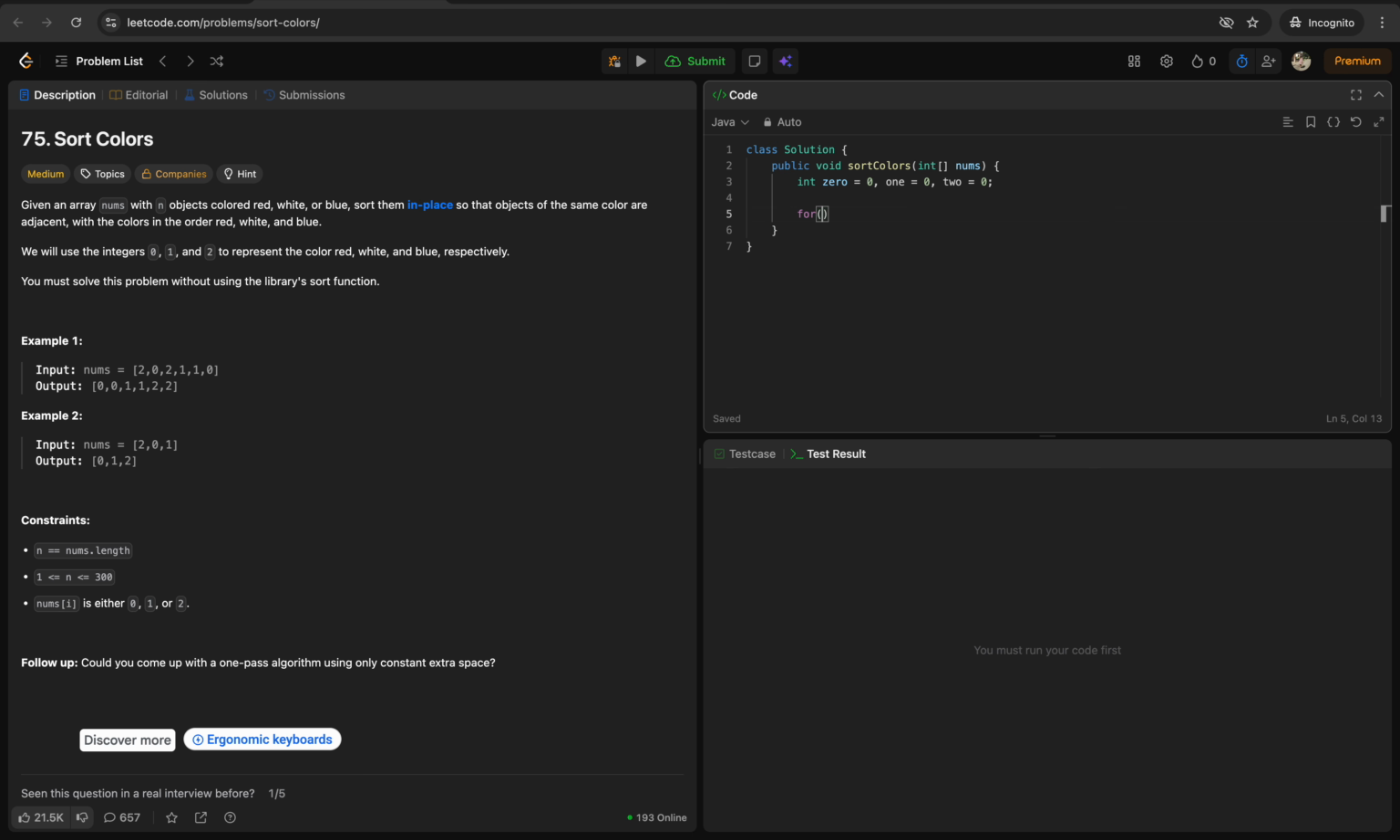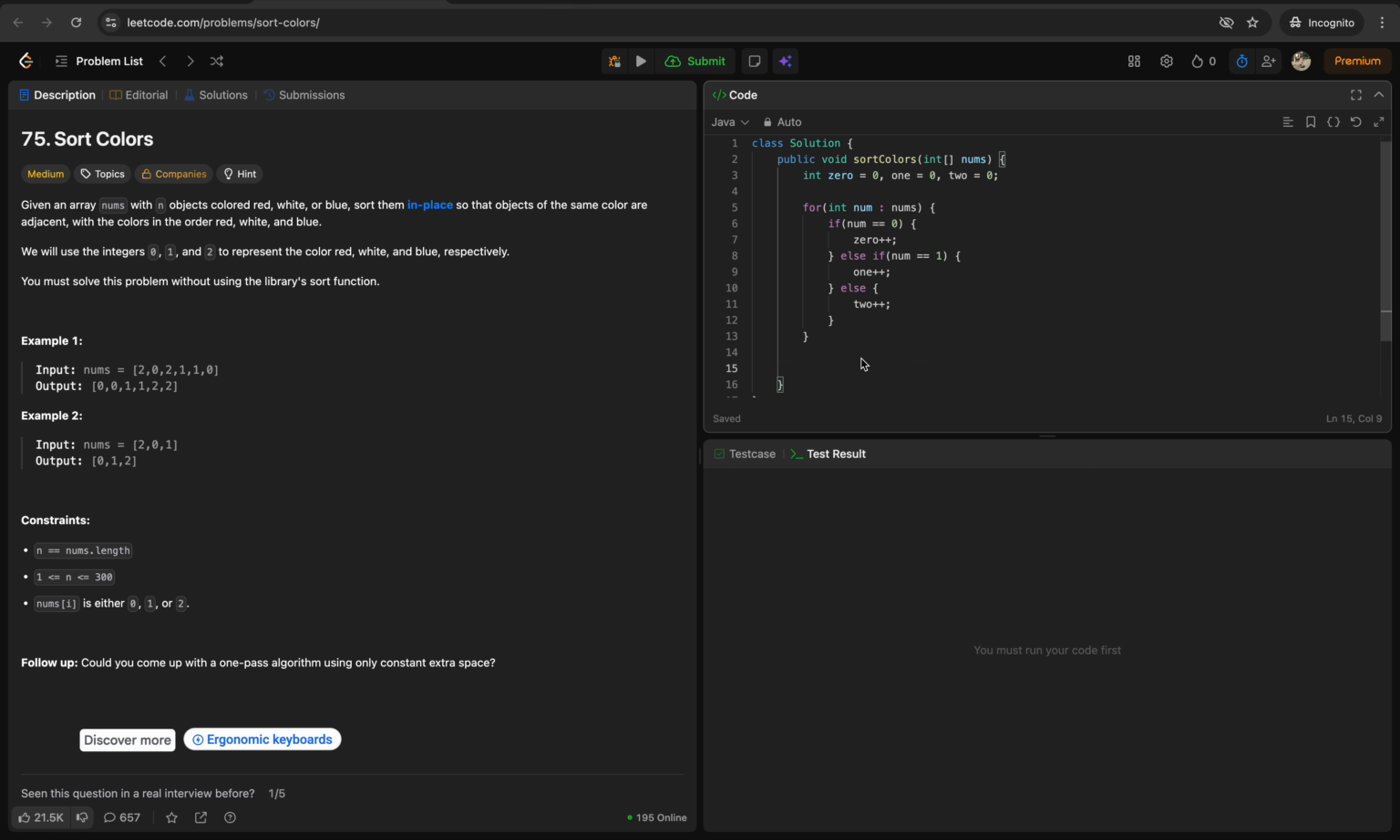Or we can do for int num in nums. If num is 0, then we'll do 0 plus plus. Else if num is 1, then we'll do 1 plus plus. Else we'll do 2 plus plus. So basically what we are doing here is we are counting the frequency of each digit,